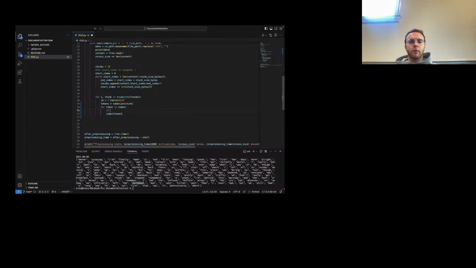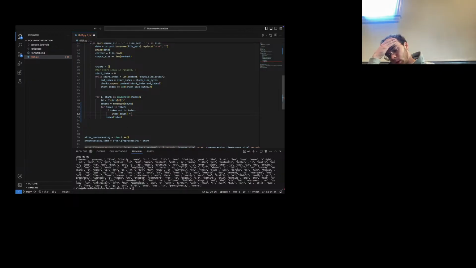So let's do this. There's a classic method pattern right here. If token not in index, index token is equal to, oh my god. We also need to keep track of term frequency for documents, so it's not going to be that simple. I think we're not just going to need an array, we're also going to need an array of